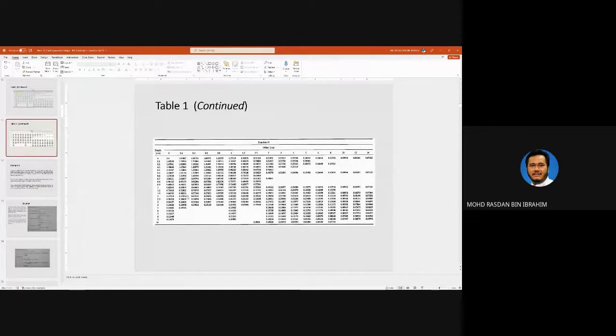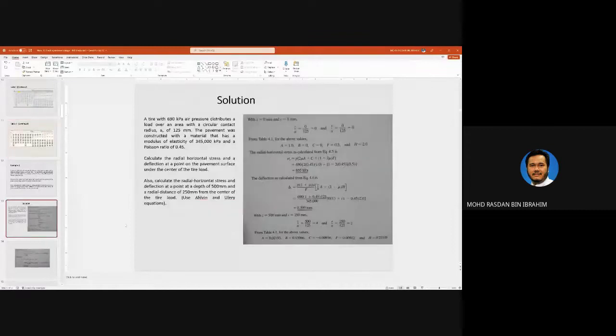0.22188. Value of H. Okay, this one. Okay, you estimate for every function values,